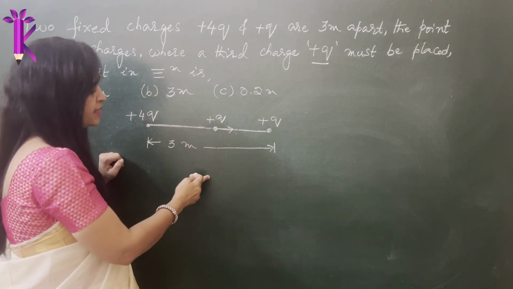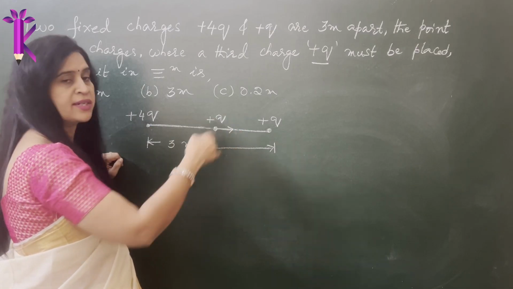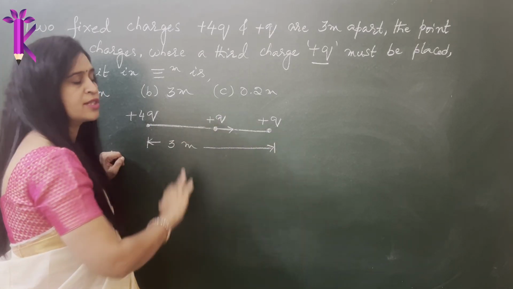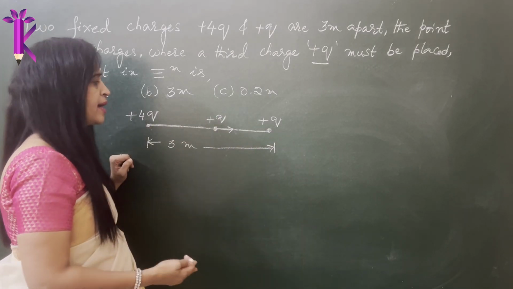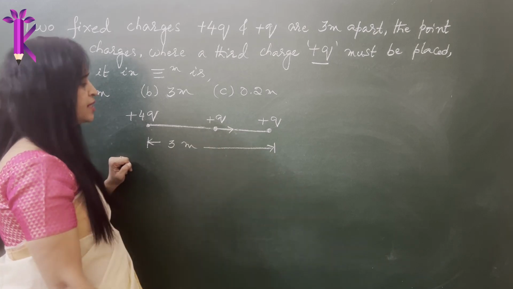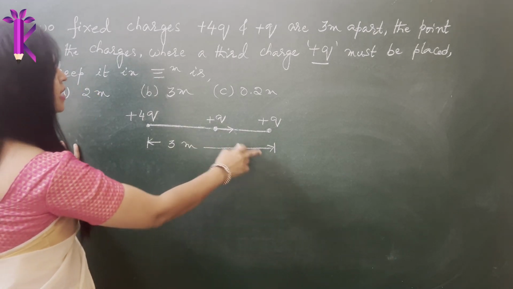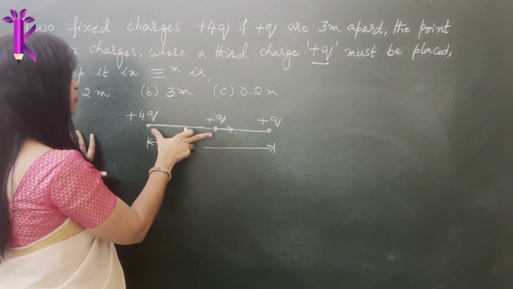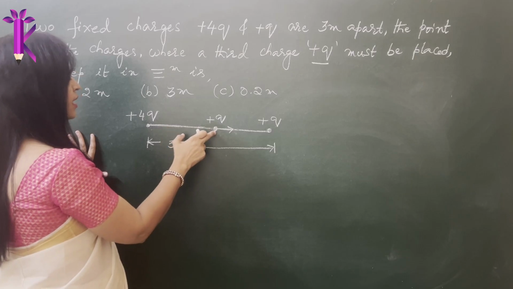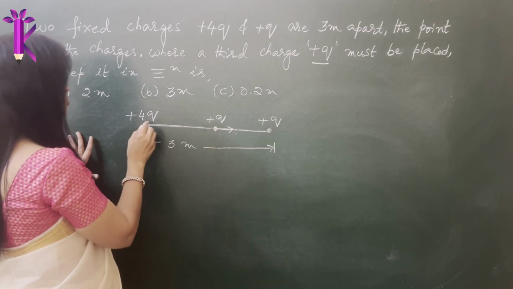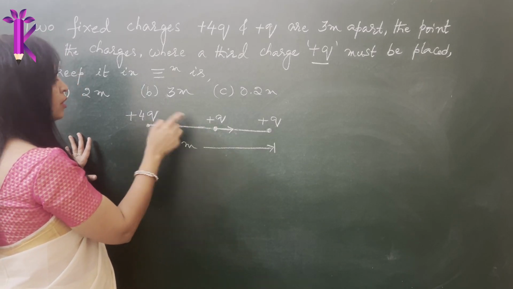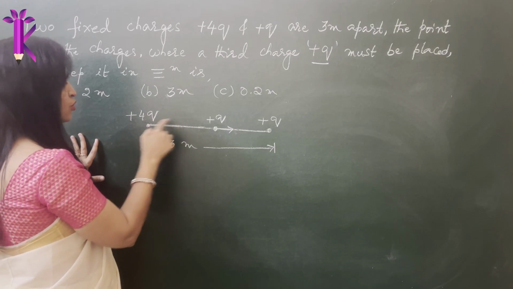It may be outside the charges somewhere here. It could be a triangle or somewhere, or it could be closer to the other charge. So these complications may arise, but this is the simplest that you could have. Okay, so they are 3 meters apart. Now we have to figure out the distance from one of these charges. So let me call these charges q1 and q2.